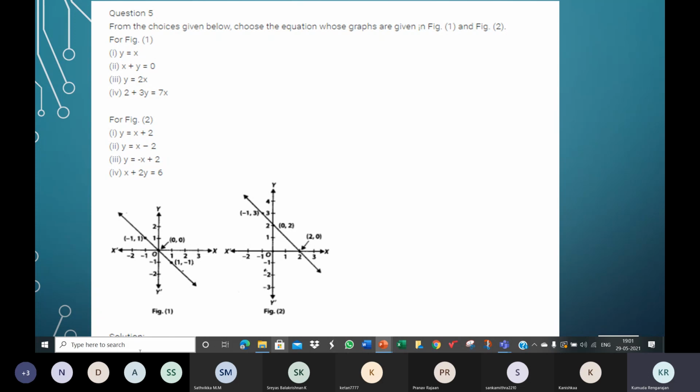Now if you see here, this graph passes through the origin. So the value of C will be 0. So the last equation is not possible, because in the last, we are looking at the 4 options for figure 1 above. See the 4th option, the value of C is 2. The value of C is not 0, but the graph line passes through the origin, which means this one cannot be the correct option.